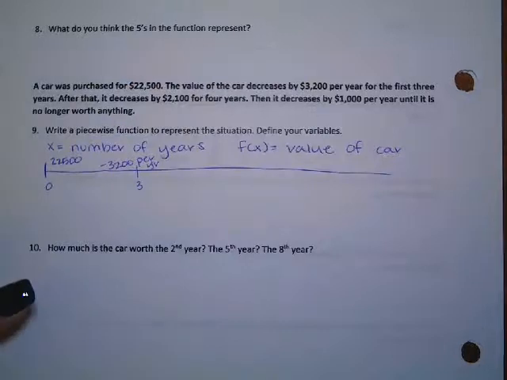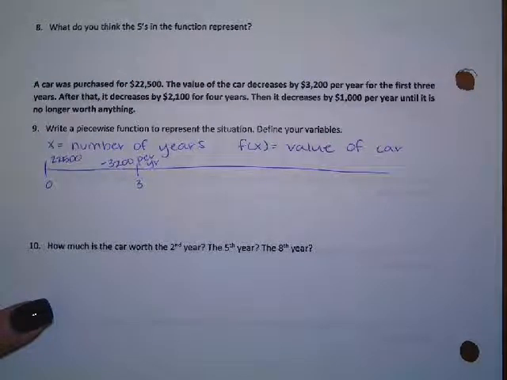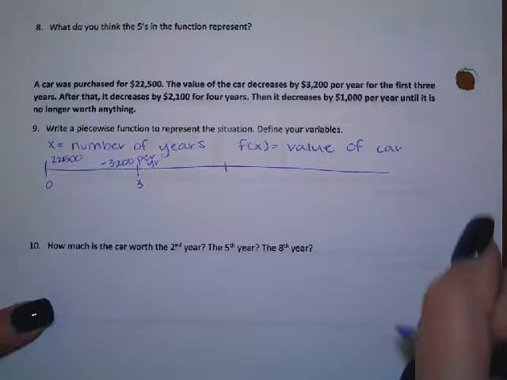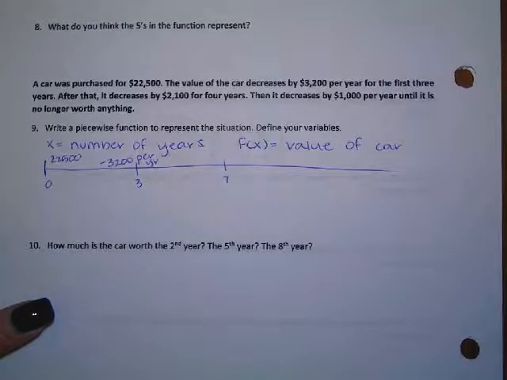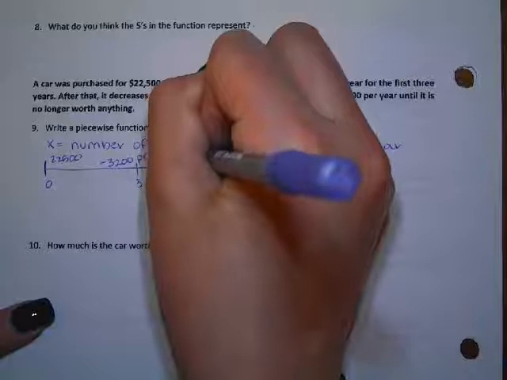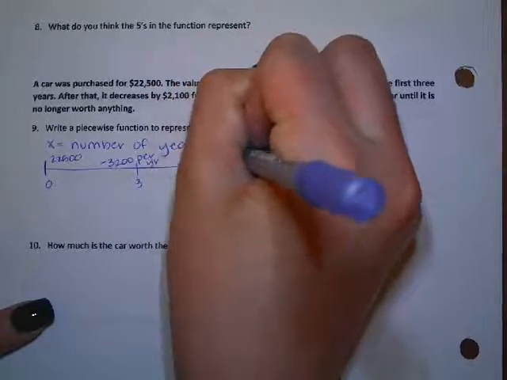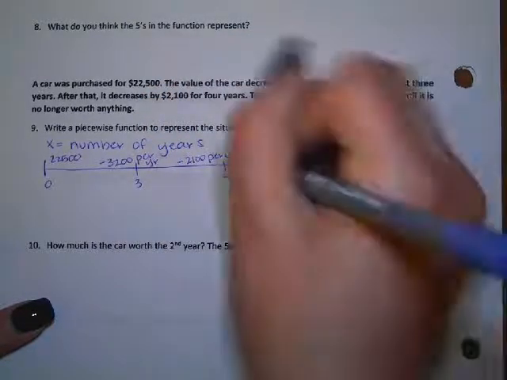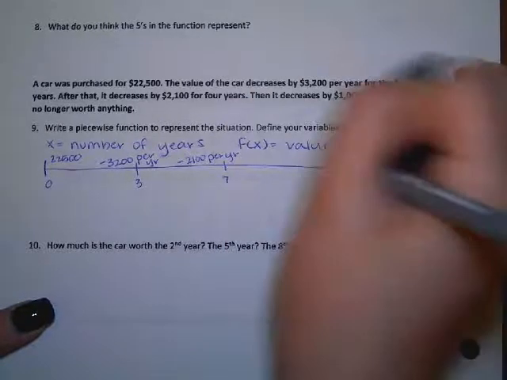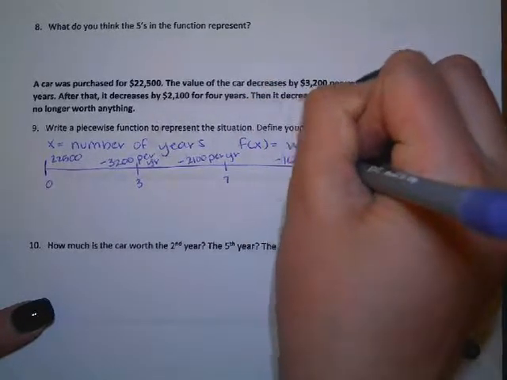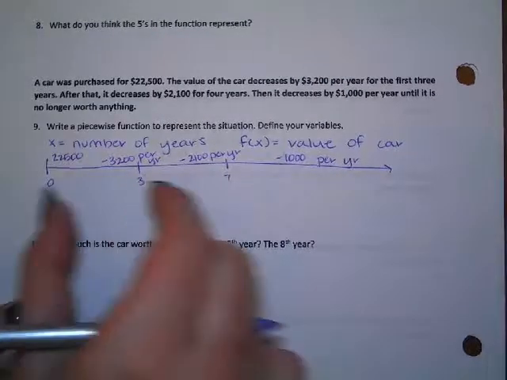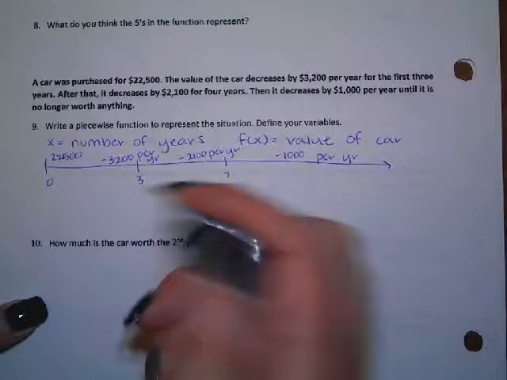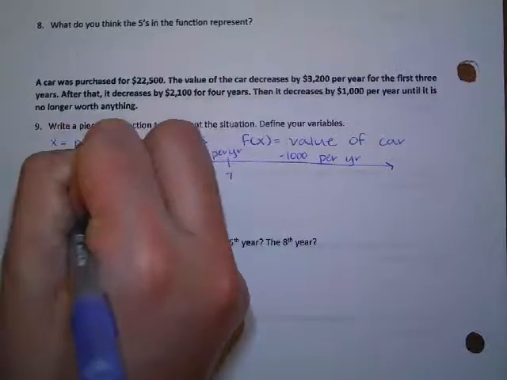Okay. What's the next part we have? 4 more years. So if you start at 3 years and you go 4 more years, where are you at? 7 years. Okay, and how much are we taking off there? Okay, minus $2,100 per year. And then anything after that, minus $1,000 per year. Okay. So how many pieces are we going to have? 3 pieces. Okay, so F of X equals